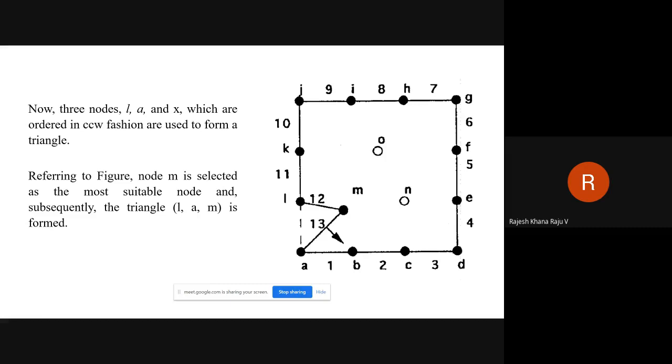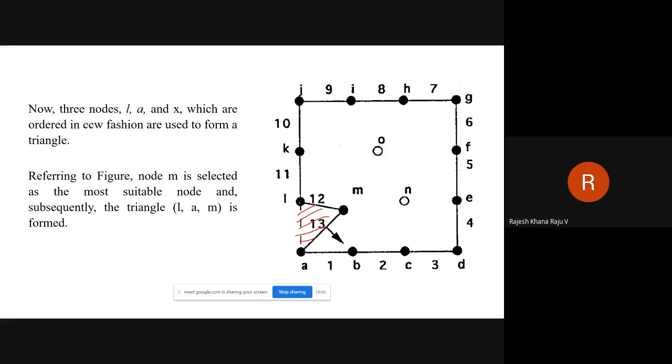So now we have begun the formation of your triangulation. The first triangle is created, LAM. Once the triangle LAM is created, that particular zone under LAM is now triangulated. So the rest of the zone, for which this edge LA is no more a part, is not participating in your triangle formation. So what we will do, we will remove this edge LA from your array E, because this is the last entry of your array E.